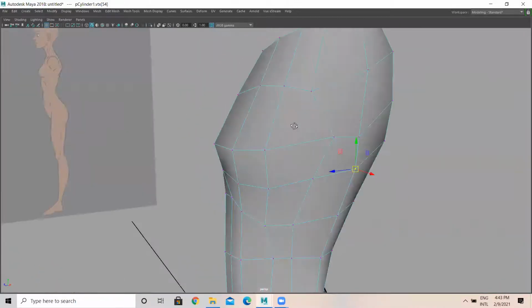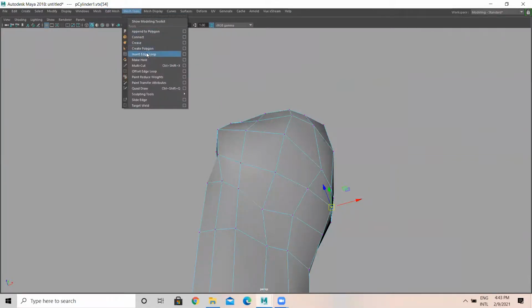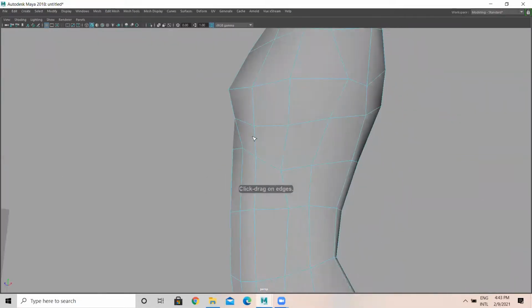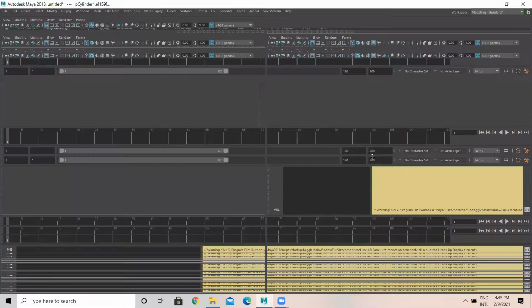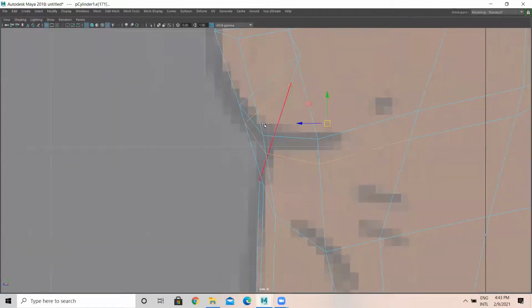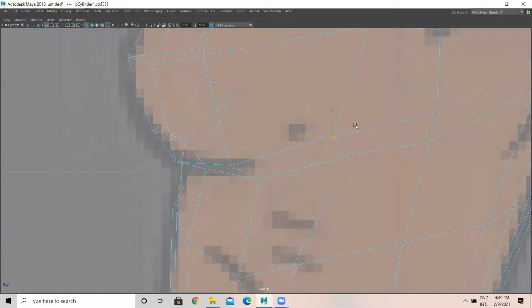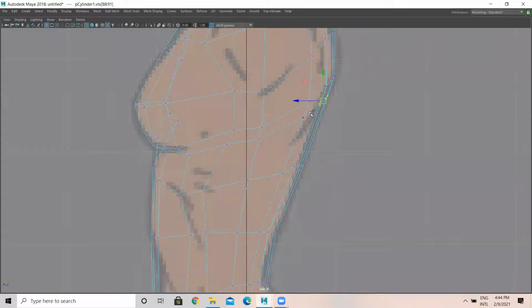Fine. So later what I'll do is I will add one insert edge loop exactly here at this particular part. Then I deselect these edges and I'm retaining only these four edges. Push this back, lift it a bit, push this back, to have a proper shape. So I'm just doing this. Then later I'm selecting these vertices and I'm placing it here.